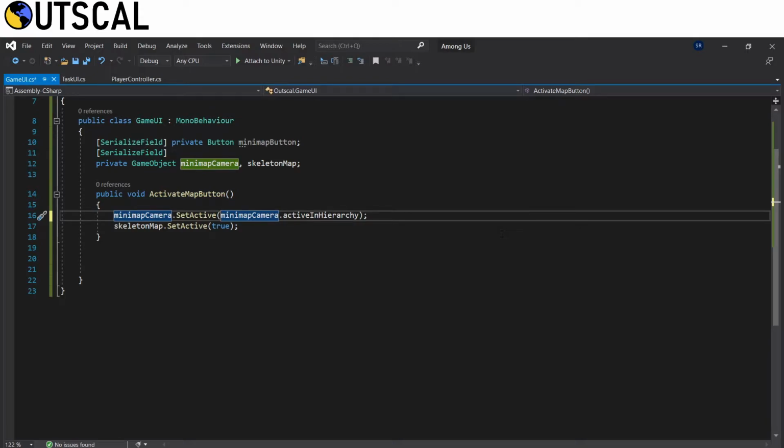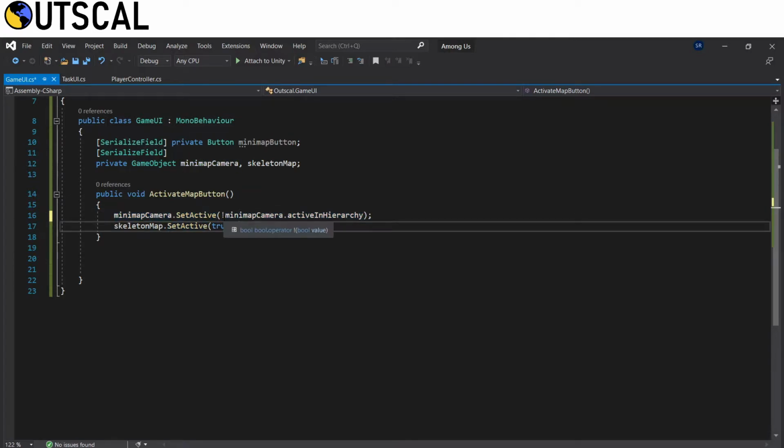So what we will do is, if this returns true, we inverse it by adding this exclamation mark. So if this is true, then this entire thing will be set to false because of this exclamation mark, and then our minimap camera will be set to false. If this is false, then this entire thing will be set to true and our minimap camera will be activated.